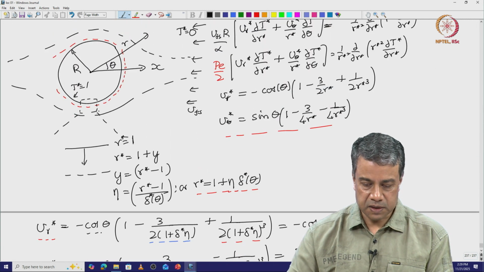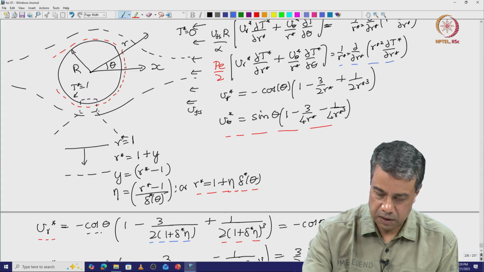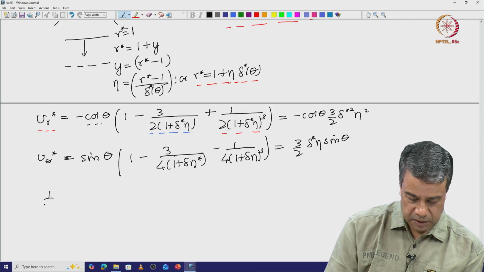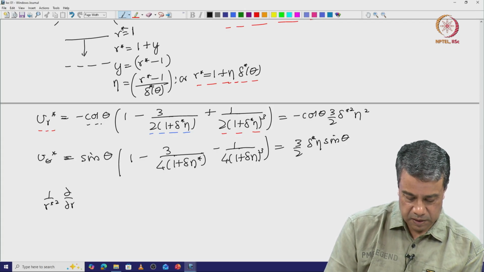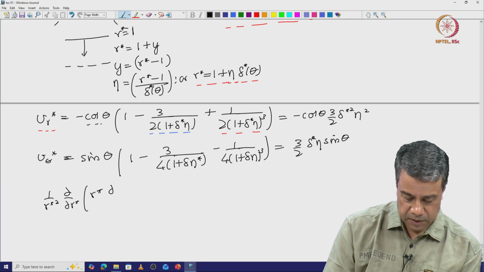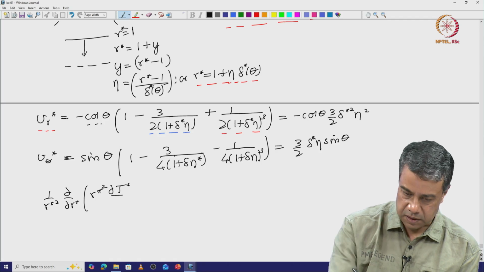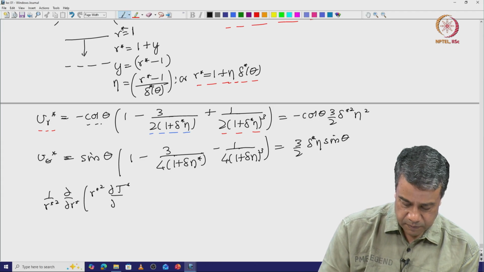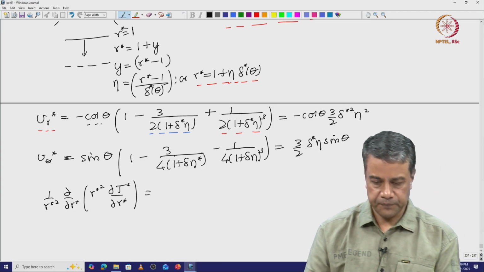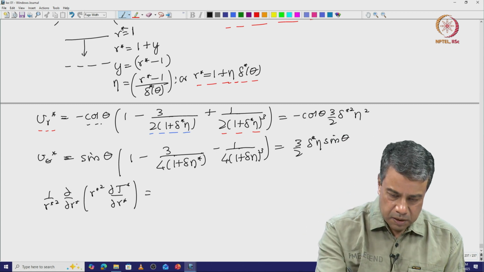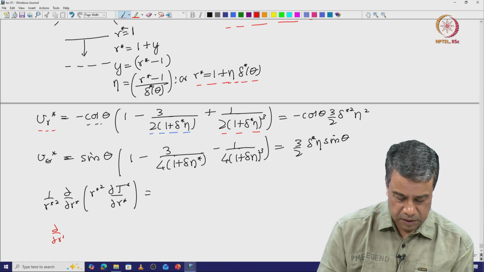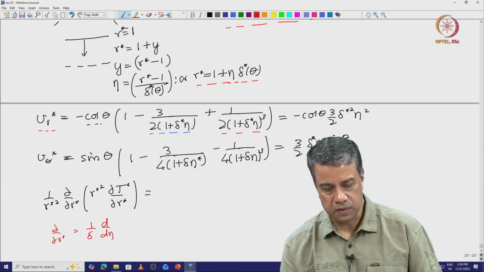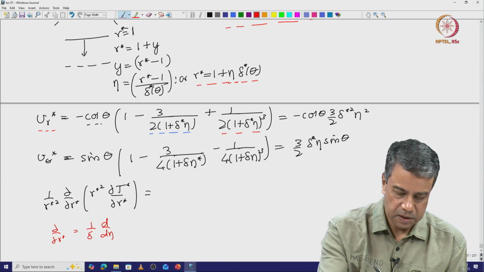We can also simplify the term on the right side, and that is 1 by r square partial by partial r of r star partial t star by partial r star times r star square. Note that d by d r star is just equal to 1 by delta times d by d eta. So that is